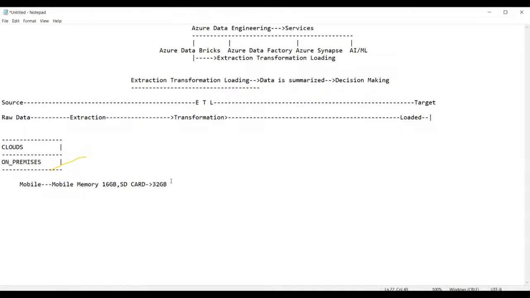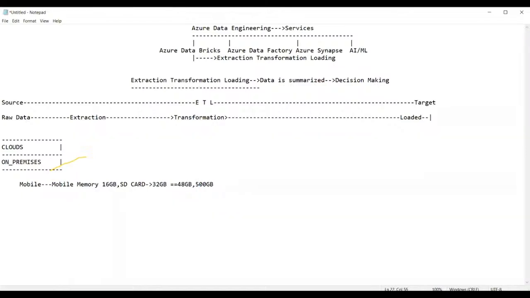So now tell me, totally what is the amount of memory you have in your mobile phone now? 32 plus 16. Guys, tell me now. 32 plus 16 means what? 48 GB. Very good. So totally, you can store up to 48 GB in your mobile phone along with the SD card. Now, the question is, further I have some more videos and photos, etc., amounting to around 100 GB. Let us assume amounting to around 500 GB.